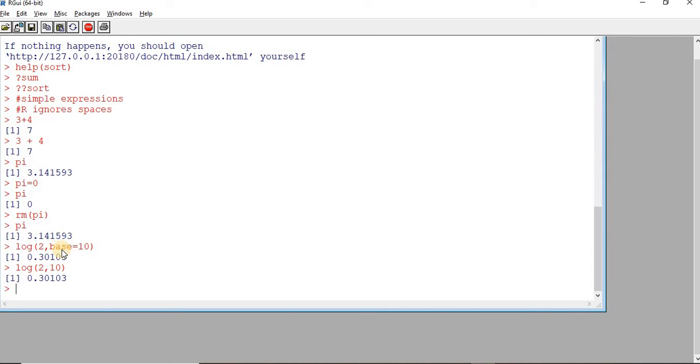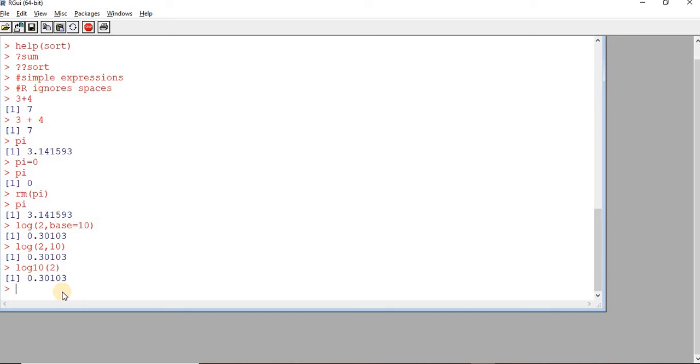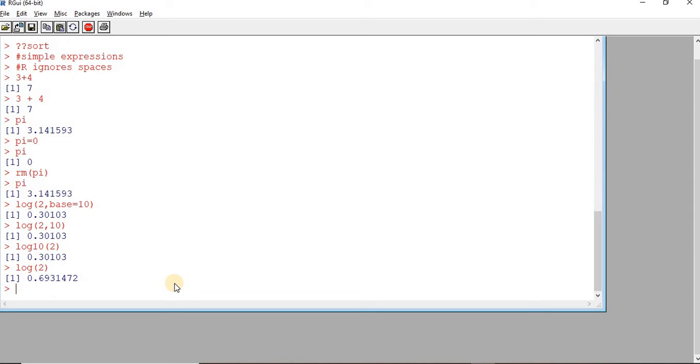So base can also be used as an attribute if required. There is one more way you can write this. log10 is a function which means it is of the base 10. We know that by default log holds base e. So when I say log 2, it is of the base e, natural logarithm.